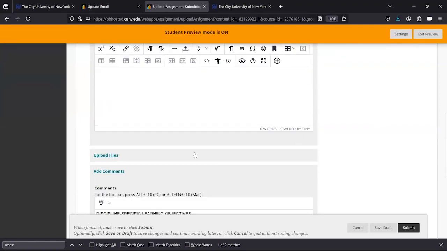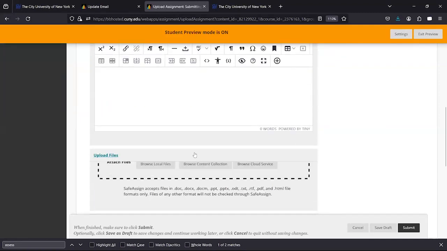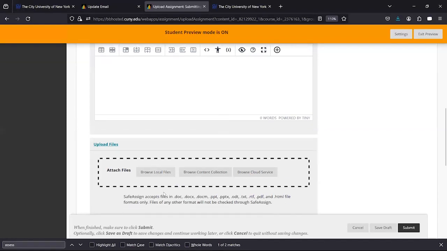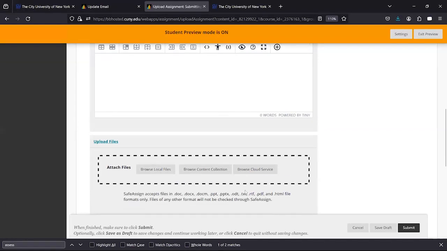And there's also the opportunity to upload files. The preference is to upload a file. In particular, you want to upload one of the files marked down here. It says it's for SafeAssign. It's actually for Blackboard. So even if this is not a SafeAssign assignment, you're going to want to avoid using